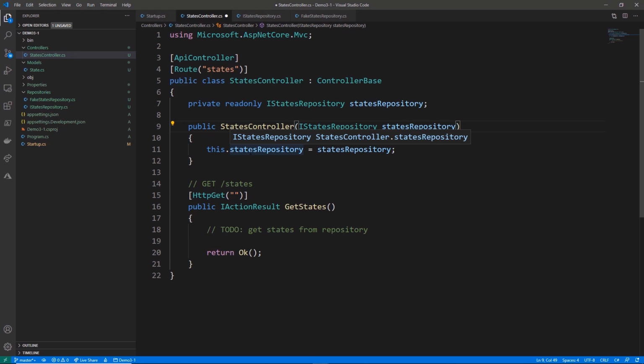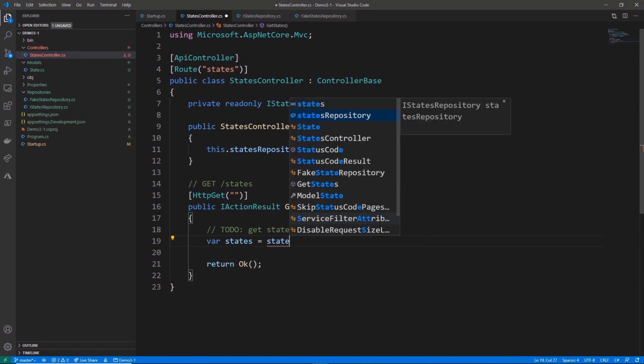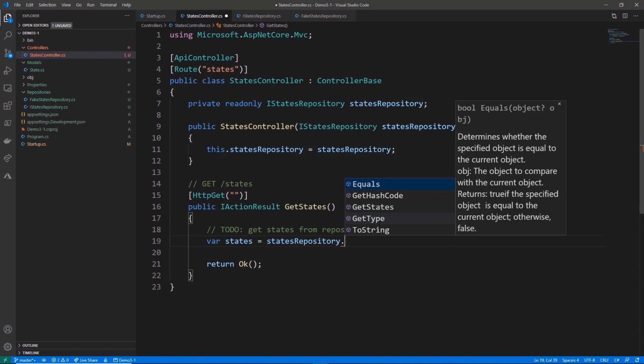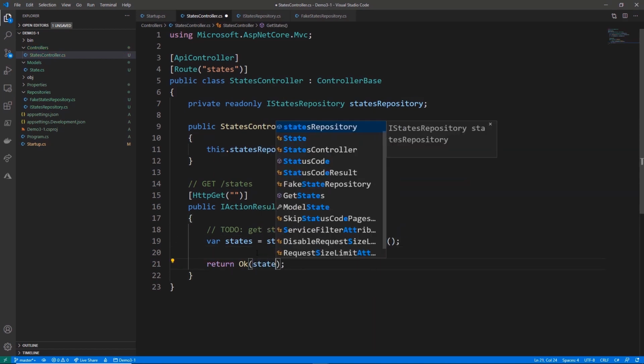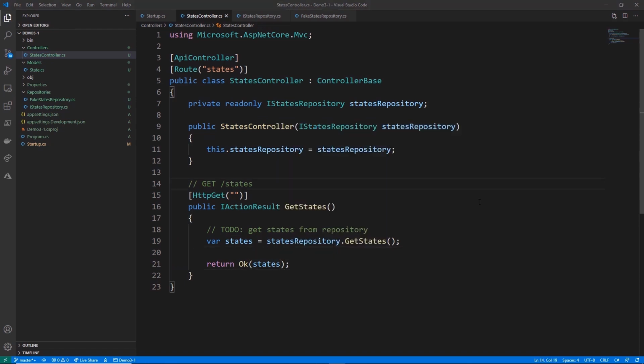That way, any method that is called later on within this controller will have access to that repository. So then in my getStates controller, I can say var states is equal to statesRepository.GetStates, and we can return the states through our OK. And there's one more action we need to take before we can run this and see it's actually working,